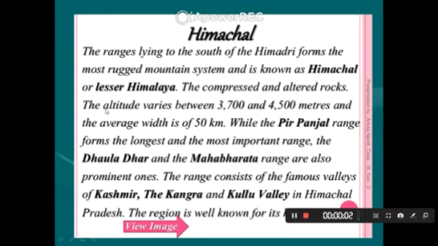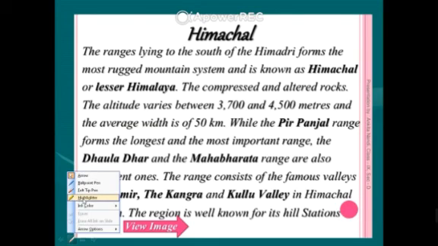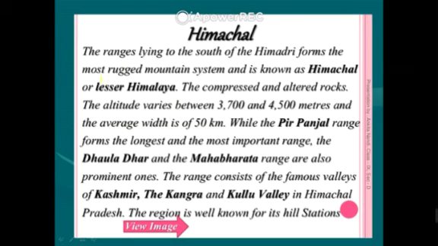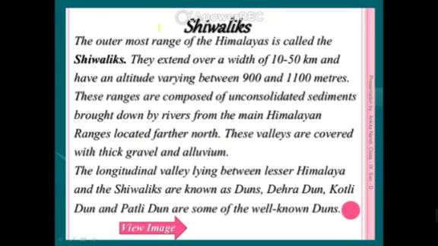The Mahabharata range, Pir Panjal range, and Dhauladhar range, all these ranges are located in Himachal. Uttarakhand and Himachal Pradesh are located in these areas. And the next one is the Shivalik Himalaya. The Shivalik Himalaya is the third extension of the main Himalaya, and it also spreads toward UP and Bihar. The Shivalik Himalayas contain all the important features such as the Doon valleys: Dehradun, Kotli, and Patli Dun. All the duns are important in these regions.